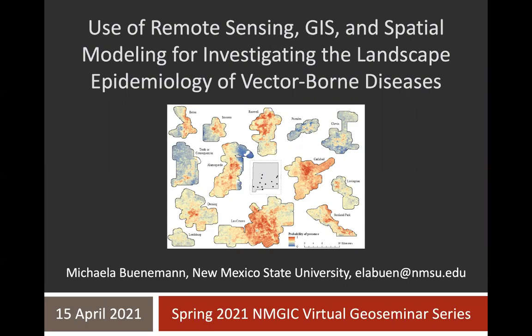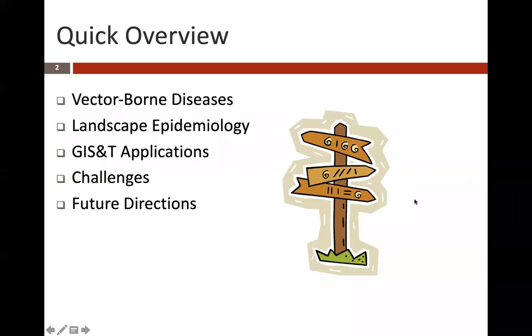So if you want to get into any of the more nitty-gritty later on, please do ask away at the end of the talk. I've divided this talk into 5 major sections: vector-borne diseases, landscape epidemiology, GIS&T applications, challenges, and future directions. I'll be focusing on the first 3 areas during the talk, but I'll be concluding with the challenges and